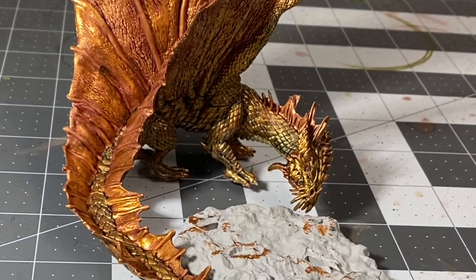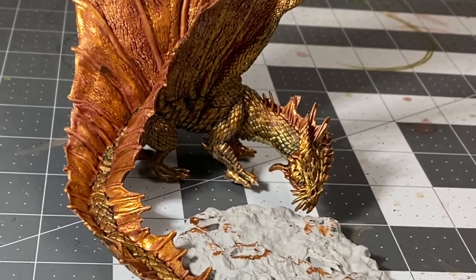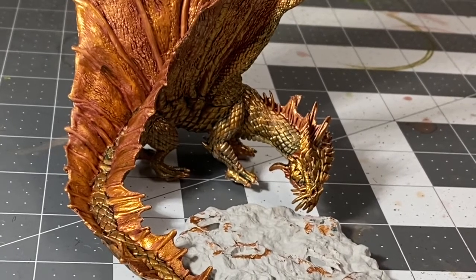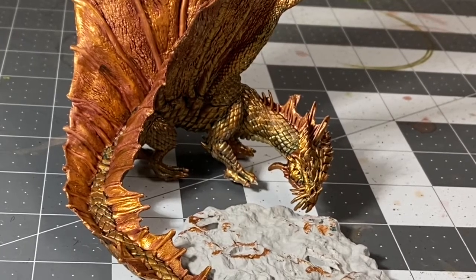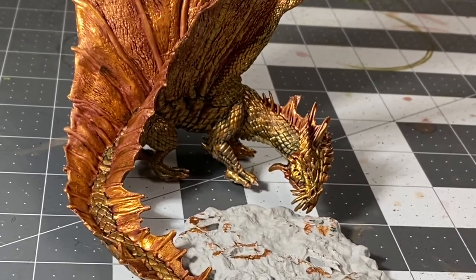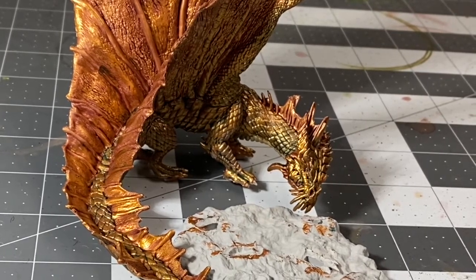What's going on, everybody? This is Nick from House of Paint 203, bringing you the third and final part of the Young Gold Dragon series. We have been doing some interesting things on him thus far. We base coated him in Gehenna's Gold, and we gave him a two-tone wash. We washed him with crimson on the wings. We washed him with green on the scales to create an interesting effect. And then we went back into the scales with some more of the original base coat, Gehenna's Gold, to kind of bring back that gold